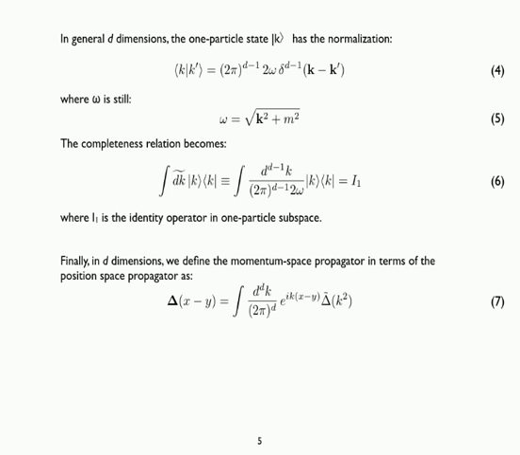Right. So let's see how this stuff works out in D dimensions. First, I'm going to show you how we generalize our normal 4-dimensional stuff. Single particle states have the normalization, and I'm just listing this out. Instead of a factor of 2 pi cubed, 2 omega, and so on, you insert D minus 1. So if we're working in 6 dimensions, that's going to be 2 pi to the 5th,